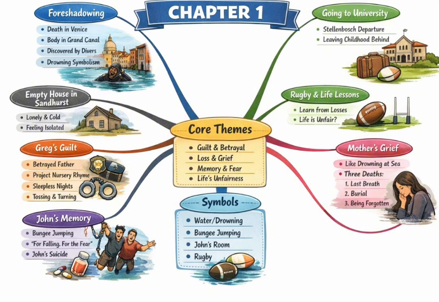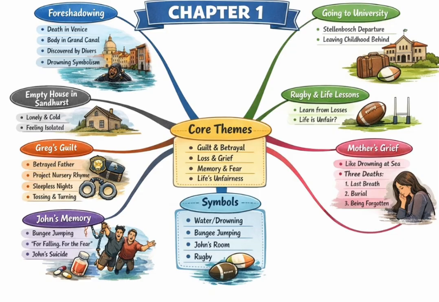And this moment connects directly to one of the novel's big philosophical ideas, doesn't it? About memory and erasure. It does. The source brings up this belief, mentioned in the book, that people die 3 times. The 3 deaths. Right. A person dies physically, then they die when they're buried, and the third final death is when they're forgotten. So the fear is erasure. That's the deepest fear in this novel, the third death. The family preserves John's room because they are terrified of forgetting him, of letting his death become complete. The grief becomes a fight against oblivion. And that explains so much about the mother, why she's kept the room that way. She's literally fighting that third death.